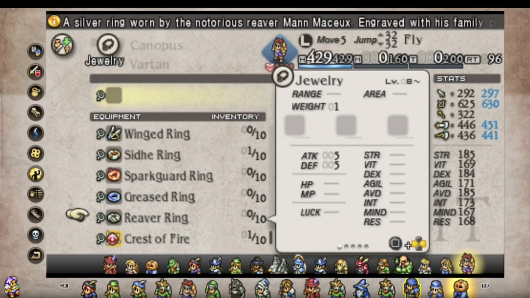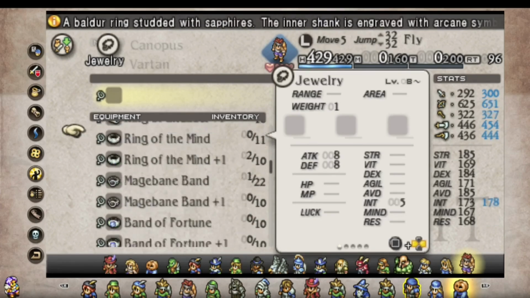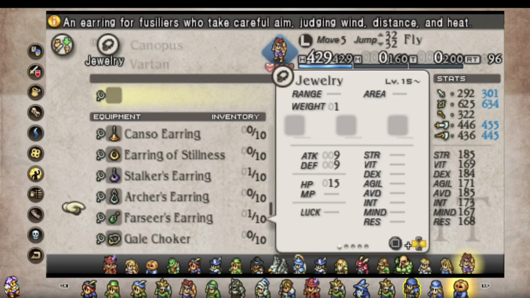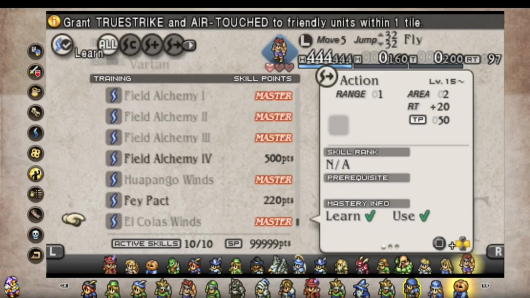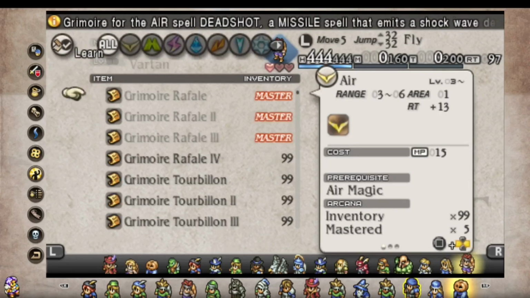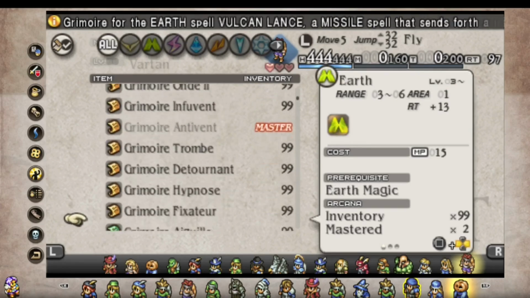Man. Anyway, moving on though. So as far as accessories go, we'll deal with most of this later. Let's just go ahead and give him the archer earring over here. And then let's go ahead and take a look at what skills he's got available. Because you'll notice that the Vartan, like in all other versions, is able to learn a few spells. So let's go look at his air spells. He can learn the basic missile spells and...